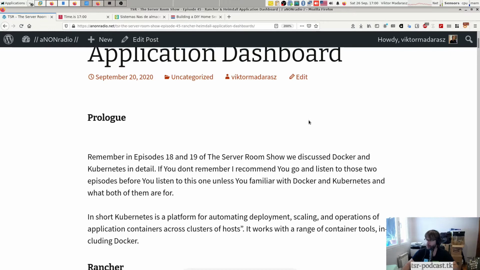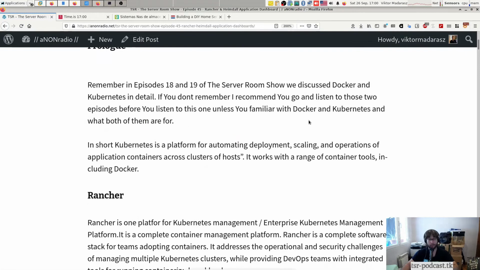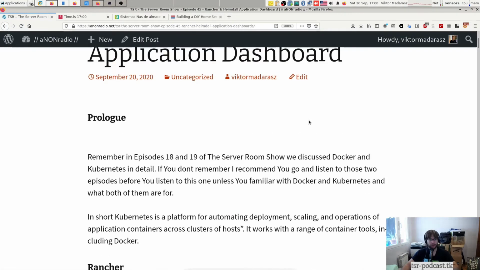So today I would like to talk about Rancher and the Heimdall application dashboard. If you remember, in episodes 18 and 19 of the server room show, we have already discussed Docker and Kubernetes in detail, and even before or around those episodes we have also discussed microservices. If you don't remember, then I recommend that you go and listen to those 2 episodes at least, and ideally